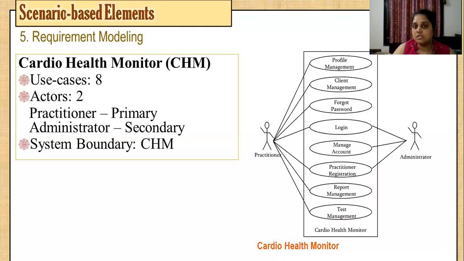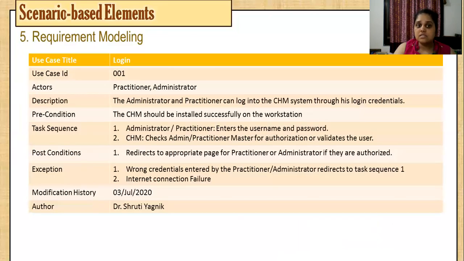So this is how you are creating a use case diagram. It consists of all the features of your system, the actors of your system, with a system boundary. Now note that these lines which are used for connecting actor and the use case are non-directional. They are just connecting lines. Next we are going to specify all these use cases in a detailed manner. We are going to describe them. Let us take an example of the login functionality, that is this one.